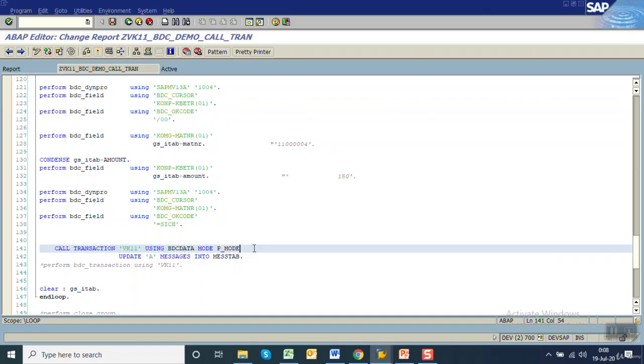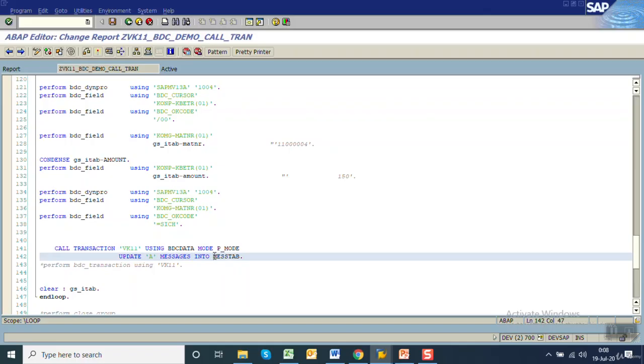Mode will pass from the selection screen. Updation will be the A. Okay. Now, for every record, after finishing that record, system will generate the automatic messages. That message will come in this message tab. Okay, so for our confirmation, we required all record-wise messages in the output. This is called the message handling. If you double click on this message tab,